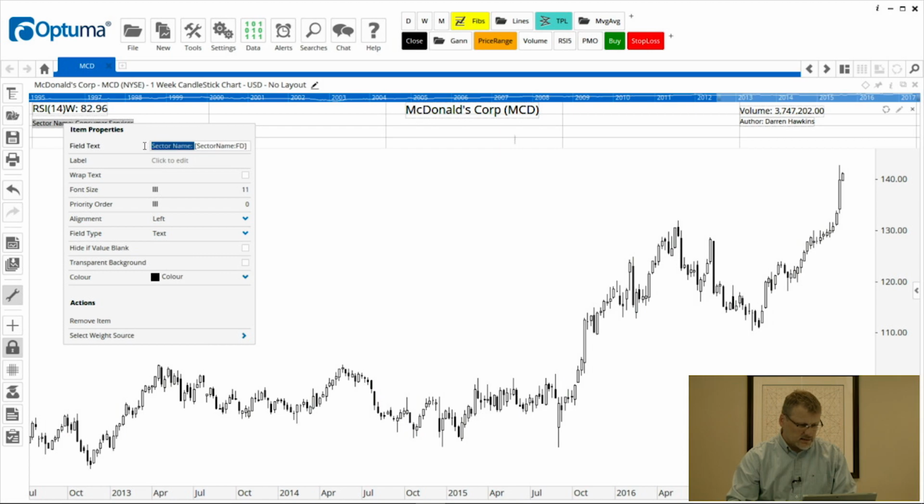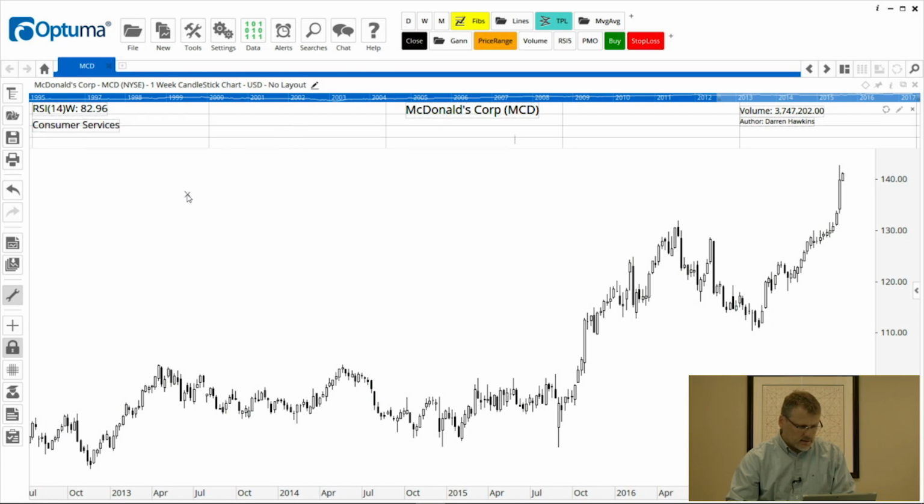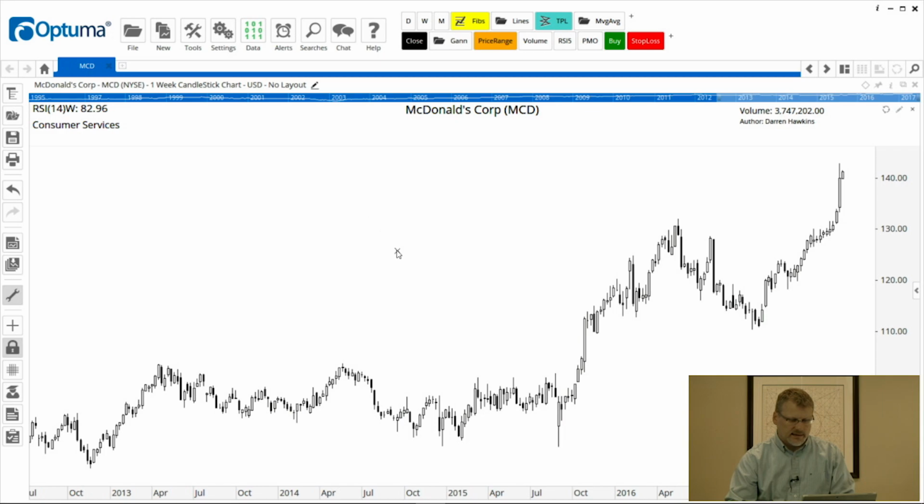If you don't want sector name, let's just get rid of that and make the font size a bit bigger, and that'll be there in the header. Now to go out of edit mode, we click the pencil again, and now that's been saved as example 1 in our page chart headers.